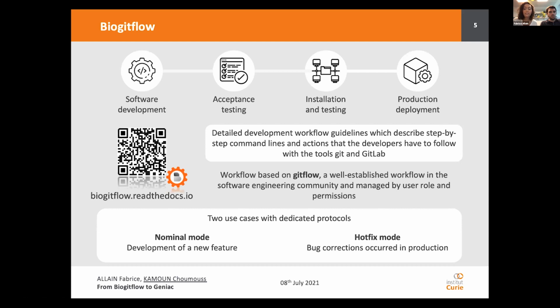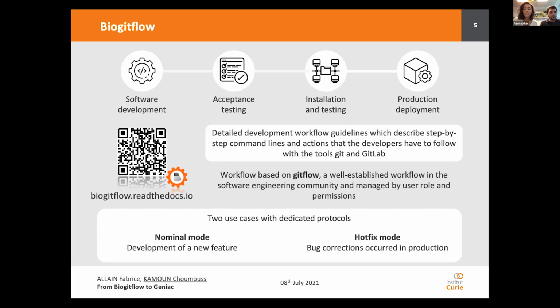It basically consists of 4 general steps: the software development, the acceptance testing, the installation and testing, and the last one, production deployment. This workflow is based on GitFlow, a well-established workflow in the software engineering community, and managed by user role and permissions.